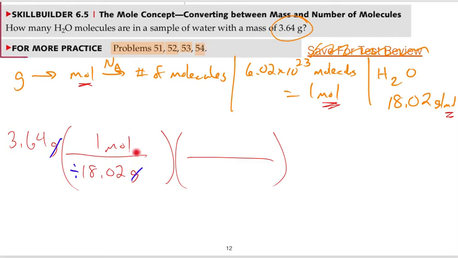Next step, I'll start with moles for my next step. What's the relationship? What's the conversion factor? It's this one. This portion is going to go on the bottom. Okay? And then Avogadro's number is going to go on top. So I'm going to multiply by Avogadro's number. Again, moles cancel out, multiply there. And then rounding to 3 significant figures, I have